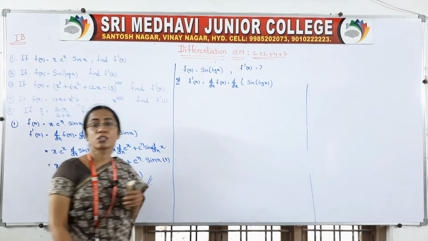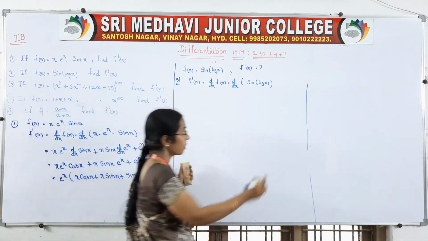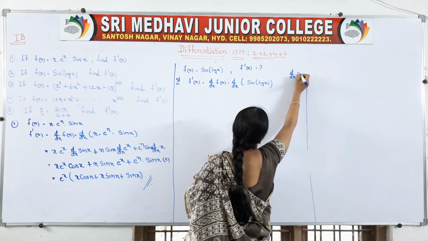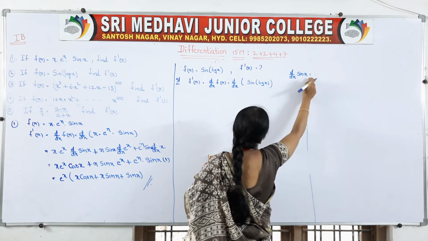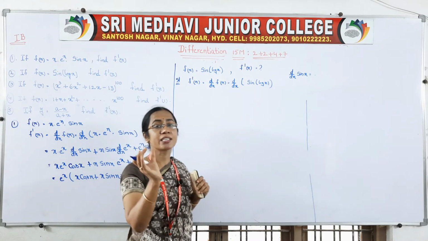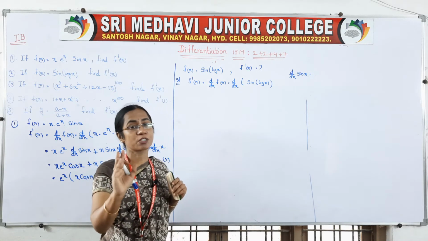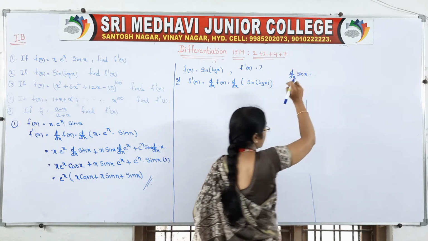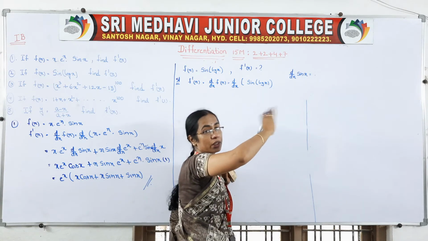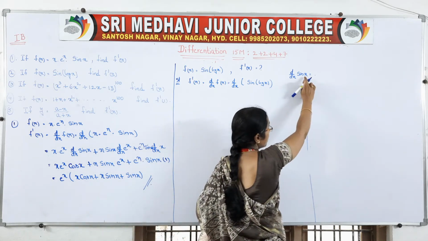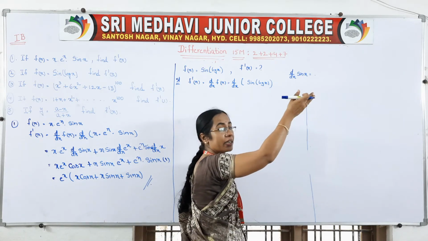Now you can ask the question, madam, you said the formula for d by dx of sin x is given to us, but you have not given the formula for sin of log x. Actually there x is a variable, right? In the x place we can take any value. So see the logic, don't take the values blindly. Here x is a general term; instead of x we can take any value.